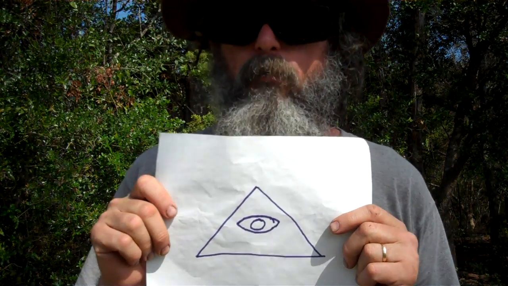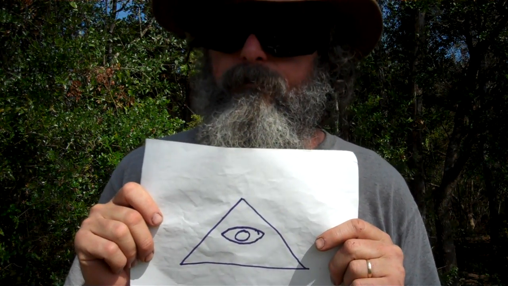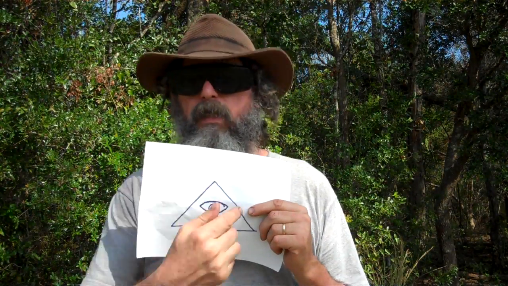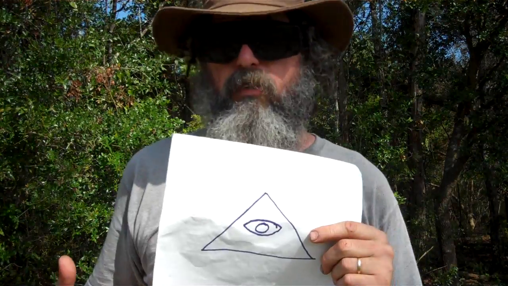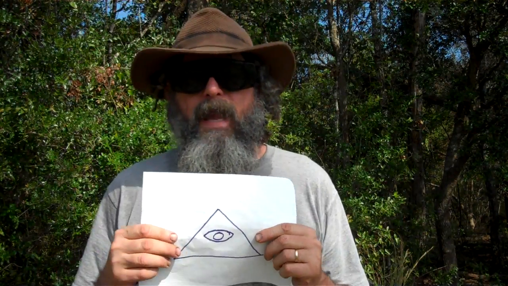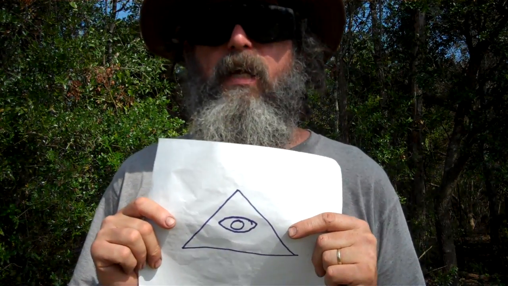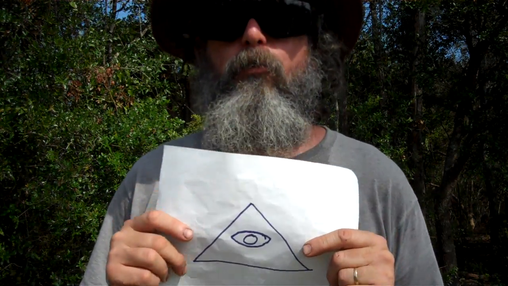Now, I said earlier that this came from one unified belief system. But there have been two unified belief systems in history. One before the flood and one after the flood. They both had the same symbol. The only difference is, before the flood, this symbol was a little different. The eye wasn't in a triangle. The eye was all by itself. And it had markings on it, hieroglyphs mixed in with it. That symbol changed because the religion changed. The religion changed because of a significant historic event.